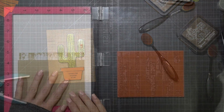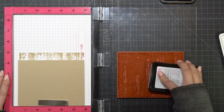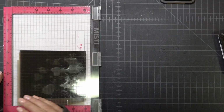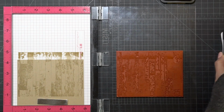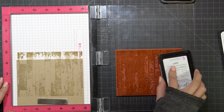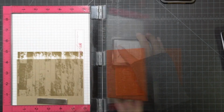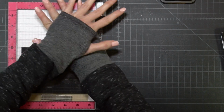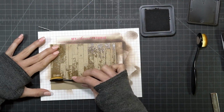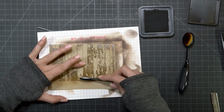Now I wanted to use the rest of my alcohol ink pad, so I wanted to create a different background for a different card. So I am using the Brutus Monroe and Unity stamp set called Barn Wall, and I want to kind of make it look like a picket fence, but it's not really a picket fence because it has like little slats to it. But anyways, I am just stamping that with some Gina Kraft ink, and I did emboss it with my icicle